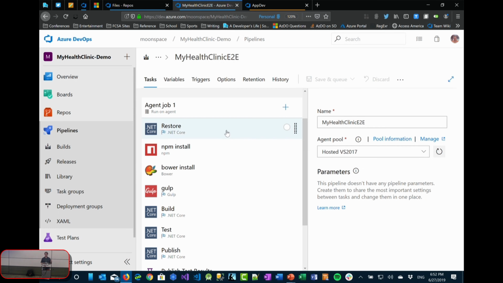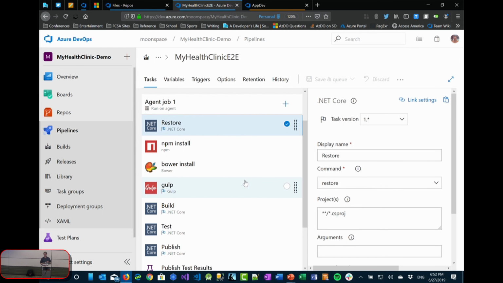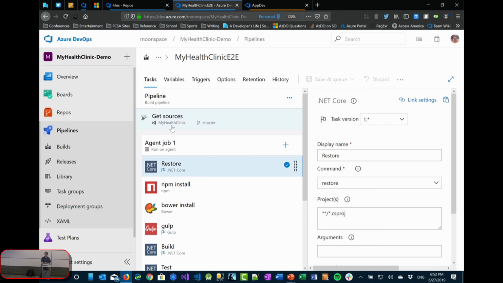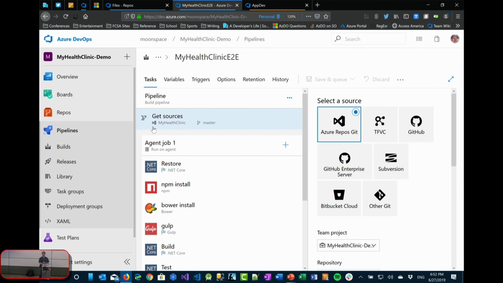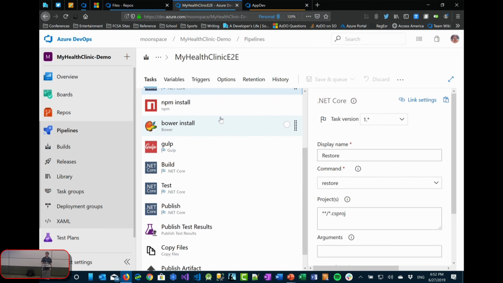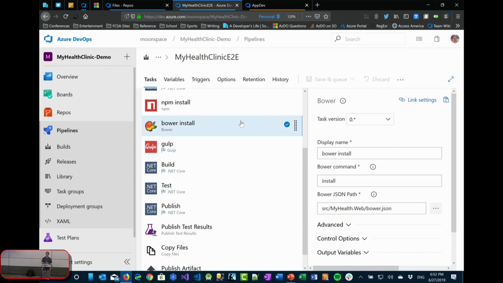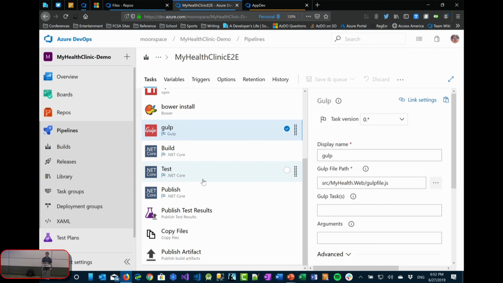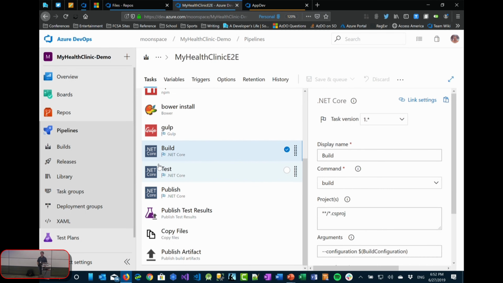So when I look at these, for example, this build definition has a restore here. This is doing a NuGet restore. Technically the very first thing it does up here is it gets the source code. In this case, it's getting the source code from an Azure repo, but there are other options for where your source code might live. Then it goes down to a NuGet restore, and does an npm install. Apparently this one also uses Bower, as well as Gulp, so it's kind of going all over the place. I didn't create this project. Again, this is a demo, and I'll show you at the end where these things came from because you might find it interesting. But eventually it gets to the point where it's actually building your code.